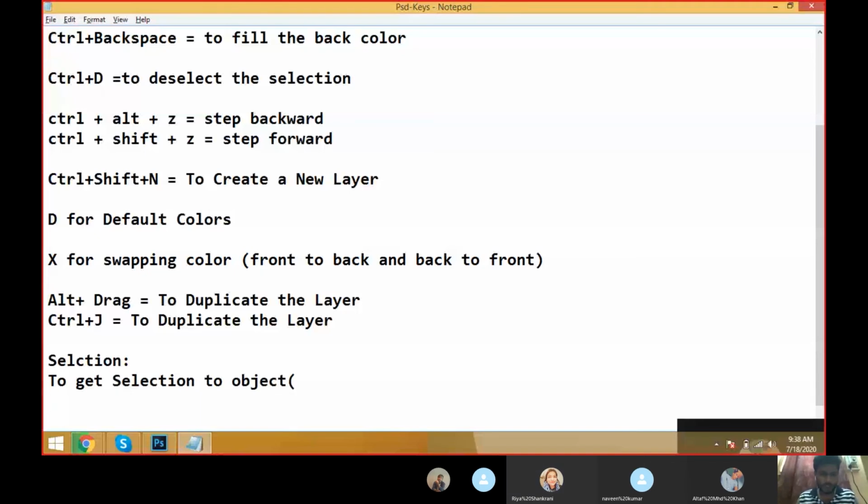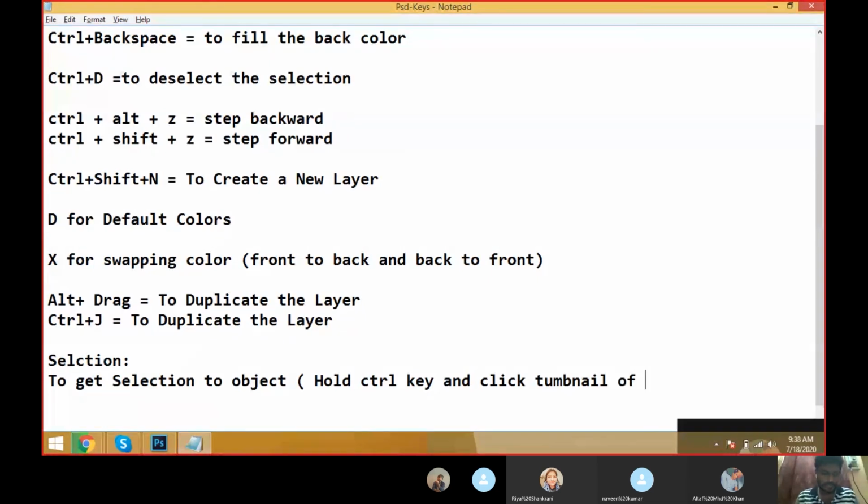To get the selection to the object, hold the Control key and click the thumbnail of the particular layer.